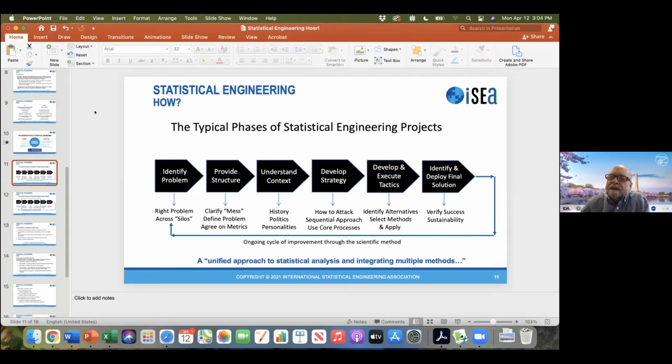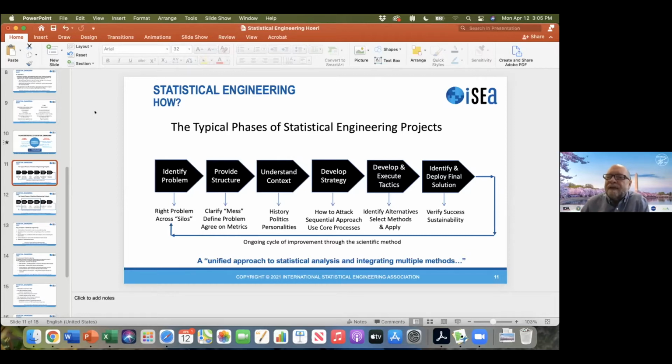Most of these complex problems require us to develop a strategy to solve. That is, it's not one step, it's not one tool, but there's an overall sequence of steps, a sequence of tools that we have to apply. You're going to see this in the case studies that are about to be presented, which essentially follow this overall process. Of course, the strategy doesn't solve anything. It just gives us a path forward.